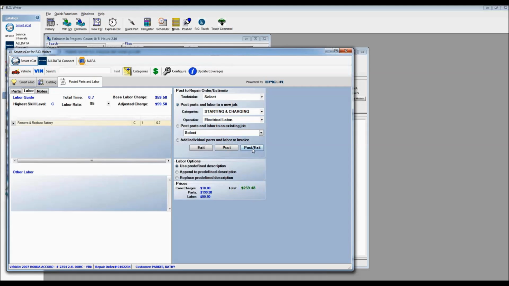Before I hit post or post and exit to drop that job back on the ticket, I'm also going to look at my labor options down here in the lower right-hand corner. Three options here. Use predefined description says, well, this is the job that I've determined it gets associated with starting and charging. So if I was to leave it set to use predefined description, the description that comes across would just say electrical labor. If I told it to append to the predefined description, then it would say electrical labor, remove and replace battery,